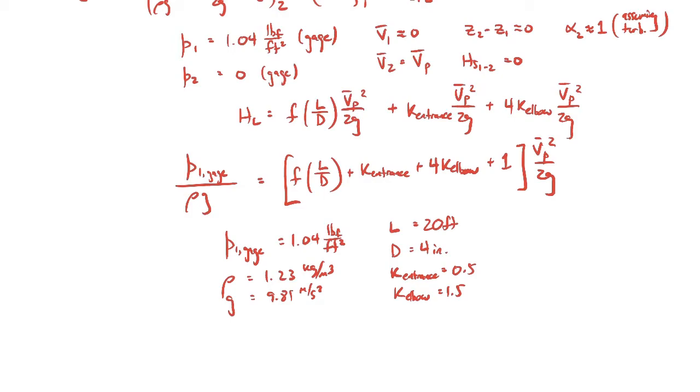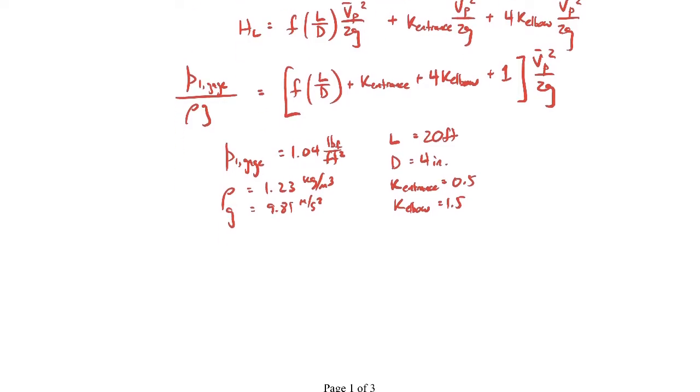And I think that's pretty much all we have given. Yeah, I believe that's it. Now, I have some mixed units here. You can see these are in metric, these are in English units. So you'd have to do some unit conversions. I'm not going to do those here just for the sake of time, but you'd have to do unit conversions for all that. If you do all of that and kind of simplify things down, you'll get the following